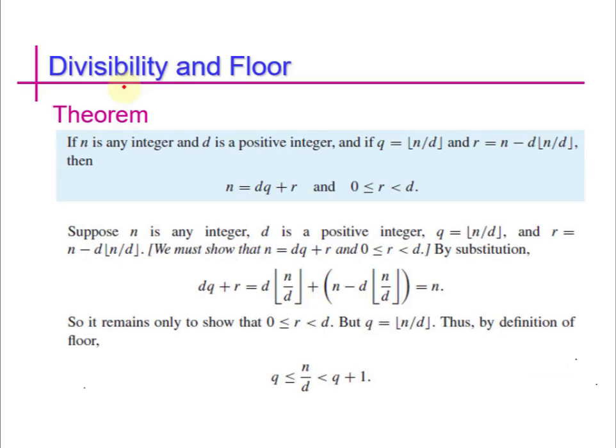Now we see a relation between divisibility and the floor function, for which we have a theorem here. If n is any integer and d is a positive integer, and if q is equal to floor of n over d and r is equal to n minus d times floor of n over d, then n is equal to dq plus r and 0 is less than or equal to r is less than d. When we prove this theorem by the direct method, we suppose n is any integer and d is a positive integer,